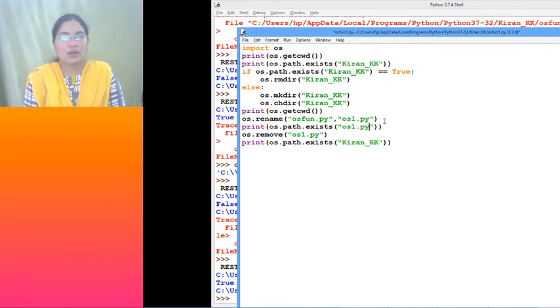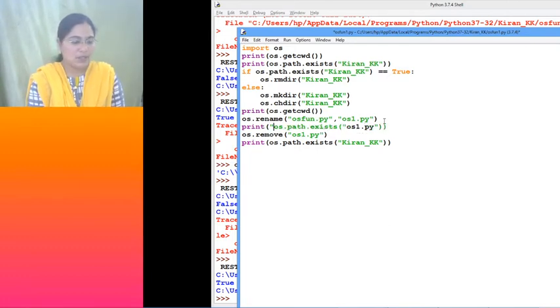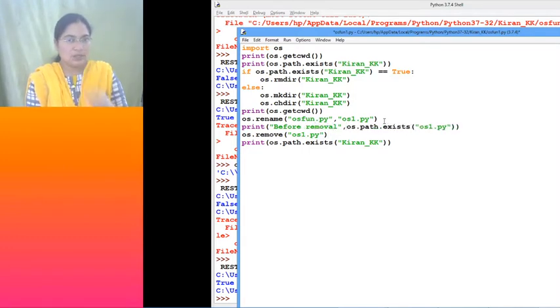Okay, so now let me give some comments in the display. So this is before removal, whether it exists or not, and this is after removal.